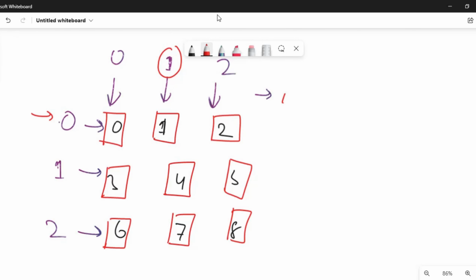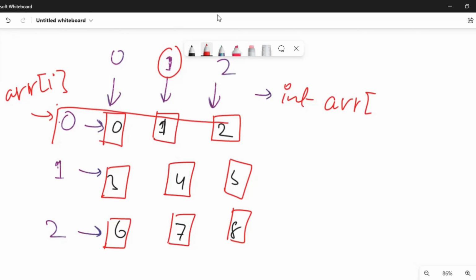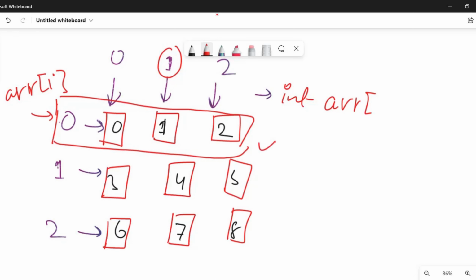सो फॉर दैट व्हाट आई विल बी डूइंग, आई विल बी डिफाइनिंग द डेटा टाइप विच आई वाज डूइंग इन द 1D एरे, then the same thing I will be doing again, I will be using the name of an array, but this time in the 1 dimensional array what I was doing, I was directly writing here ARR and after that the index that is i, क्योंकि अगर मैं इस एरे को देखूं तो ये हमारा 1 डायमेंशनल एरे है। सो अगर हम कॉन्सेप्ट्स को और भी क्रिस्टल क्लियर करेंगे तो 2 डायमेंशनल इज नथिंग बट कॉम्बिनेशन ऑफ 1D एरे।